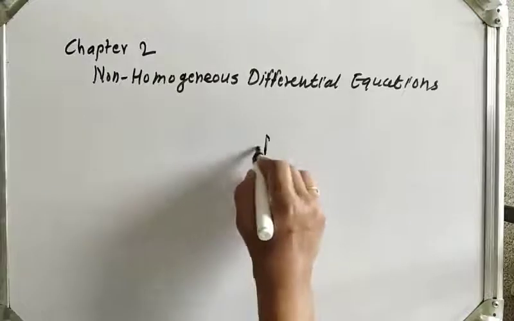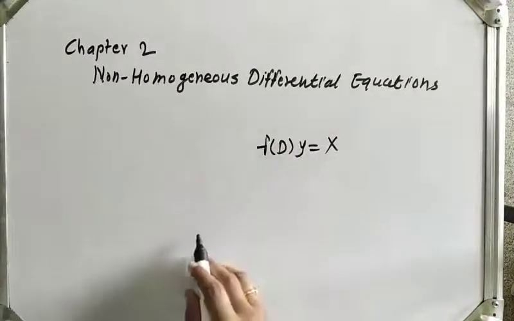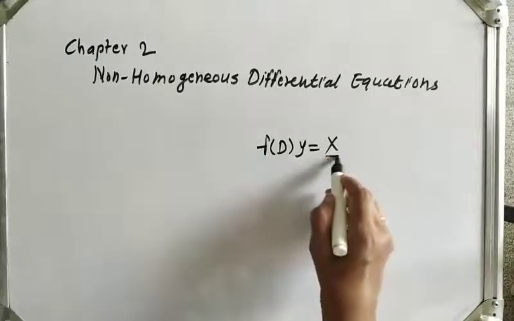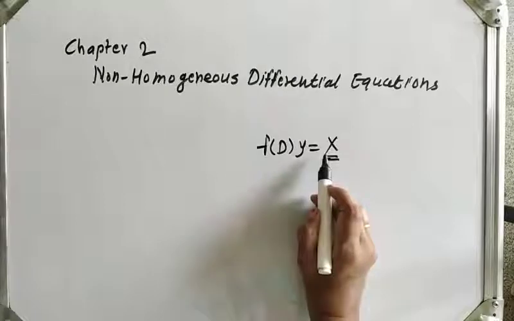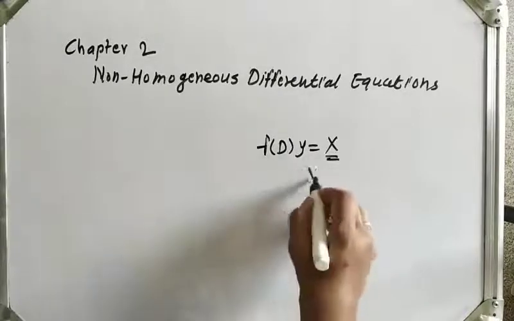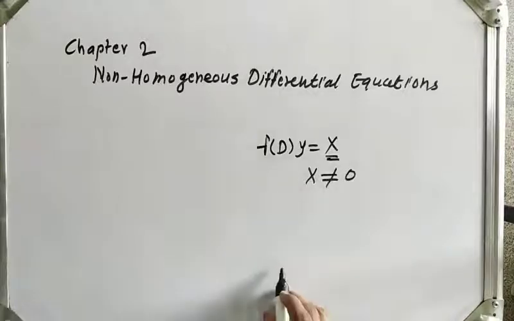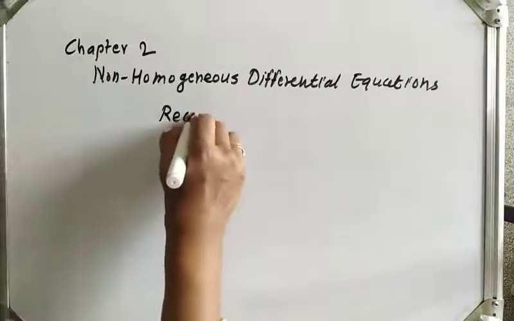So we have seen the differential equation f of D y is equal to X of this type. If this X is 0, if RHS is 0, then that differential equation we call it a homogeneous differential equation, and if this X is non-zero, then that is a non-homogeneous differential equation. So first recall that